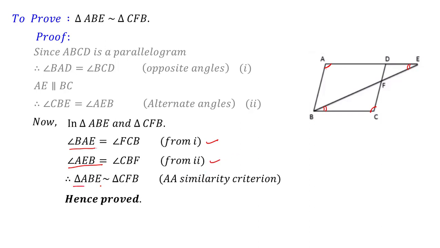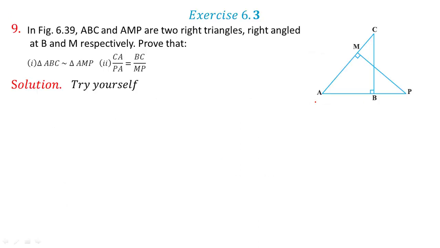So therefore these two triangles are similar. There is no need to prove that these two triangles are similar first, and then this triangle is similar to this triangle, and therefore these two are similar. I was thinking it would be quite a long procedure, but here we have simply proved that this angle of this triangle and this angle of this triangle are equal, and this angle is equal to angle B of triangle FBC. Quite easy.